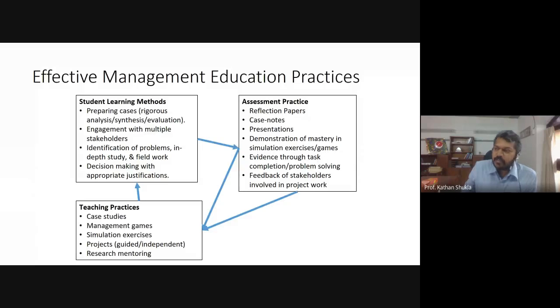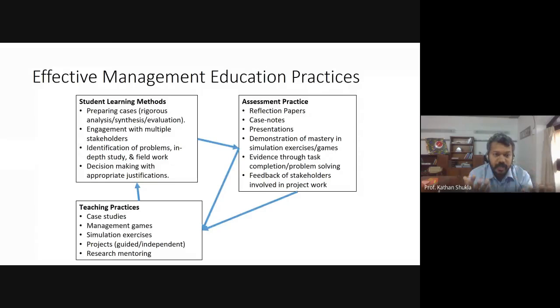So now, if this is what I want my students to do, I cannot just come to the class and cover content point by point. Now I have to use case study methods. I have to use storytelling methods. I have to generate discussions because I want them to practice decision making. So in the class also, I present situations, scenarios where they have to critically think and critically debate and then understand from their peers. कि हाँ, why you are thinking that way and why I am thinking that way and what is the best decision? What should be done? So these debates need to happen in the classroom.